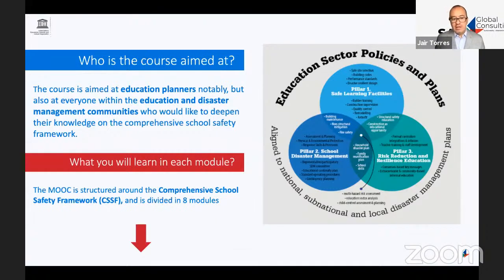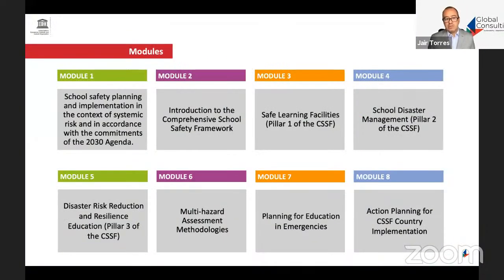So what will you learn in each module? As you know, the MOOC is structured around the comprehensive school safety framework and its evolution, and is divided into 8 modules. Module 1 is going to talk about the international policy and commitments that we have agreed on, and we're going to place school safety within that international agenda. Module 2 will introduce the comprehensive school safety framework, but also some elements of disaster risk reduction and of systemic risk. Module 3 will talk about pillar 1 of the comprehensive school safety framework,